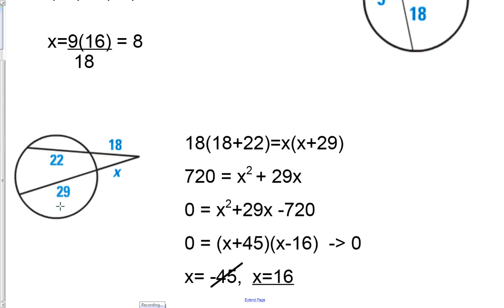16 times 16 plus 29 equals 18 times 18 plus 22. And that wraps up today's